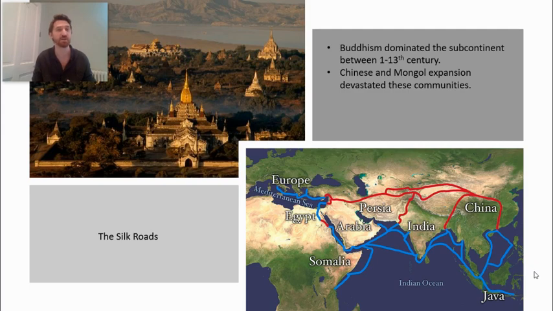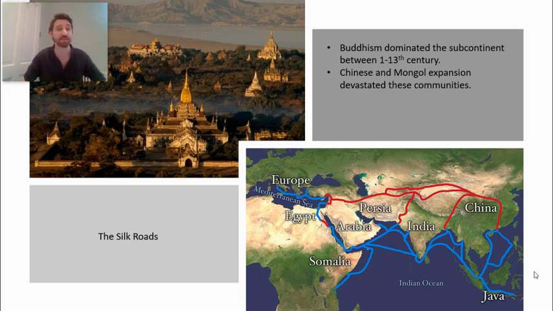And the Indian economy is booming by the mid medieval period. So you get an incredibly wealthy country, and that's represented in the various Buddhist monasteries that you'll see throughout India that were built between the 1st and 13th century. As you can see in the golden spires that typify Buddhist monasteries, there is a lot of money to be found in this country, and it makes it an attractive prospect for different countries and different traders.